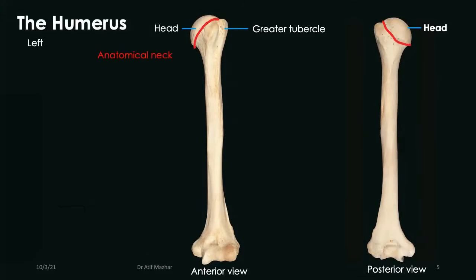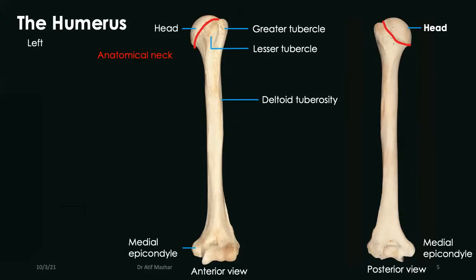So now let's label it. You're looking at the head part, and there is a red line which demarcates the head from the rest of the humerus, and this is my anatomical neck. When I use the word anatomical neck, it means I have another neck as well, which is coming up. And then we are good with the lesser and greater tubercles. Going further, we have an area which is visible laterally on the shaft of the humerus, and that is my deltoid tuberosity. My deltoid muscle gets its distal attachment at this site.